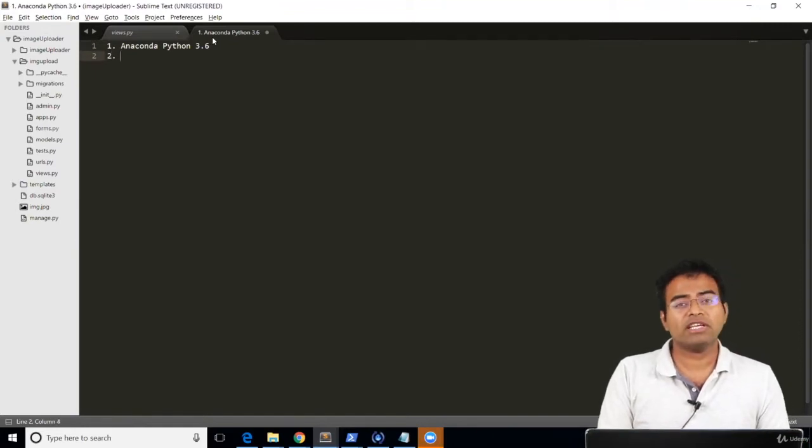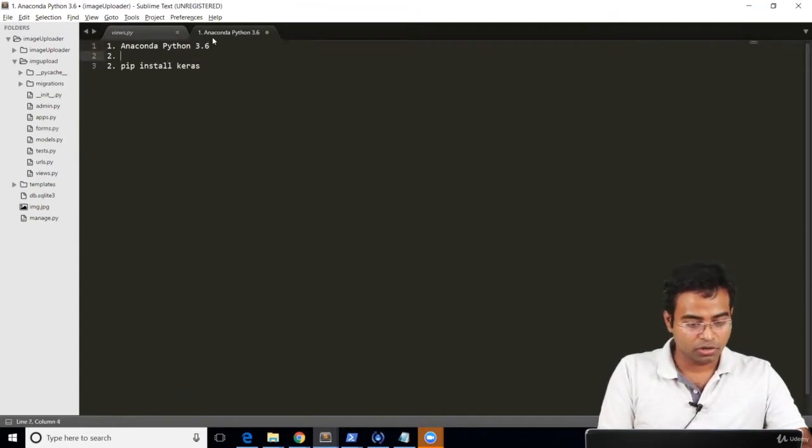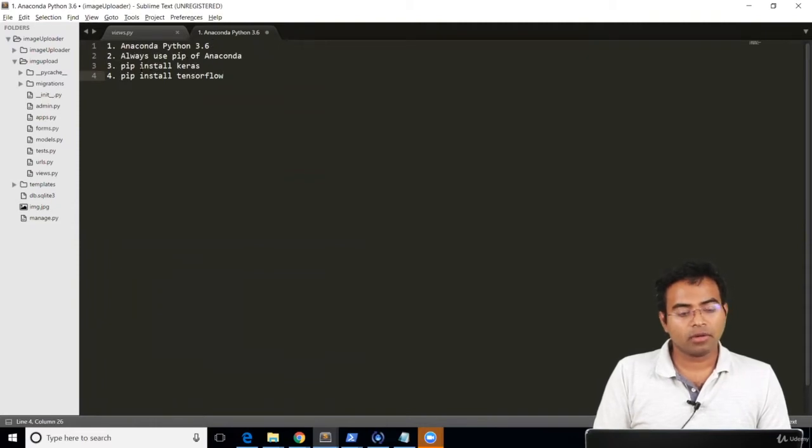Next, we want Keras to be installed. This is for the deep learning part, which, based on the image, will identify what it is. Pip install Keras. And please don't forget this line: always use the pip of Anaconda here. Pip install Keras. Then we want Keras to be internally using TensorFlow, so do pip install TensorFlow. Pip is for installing Python packages. You're installing Keras, and the last thing is to install